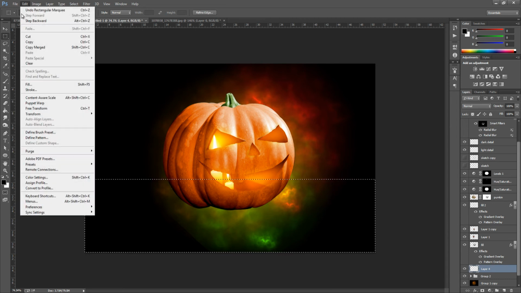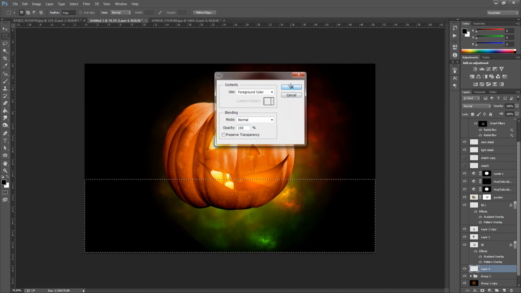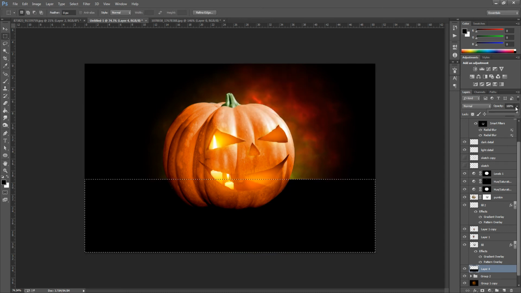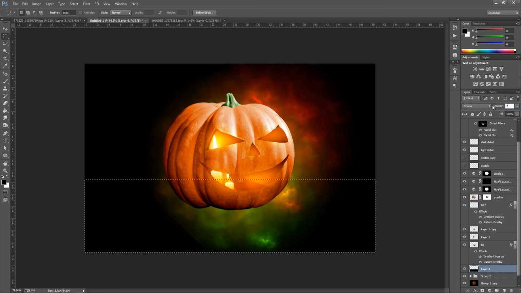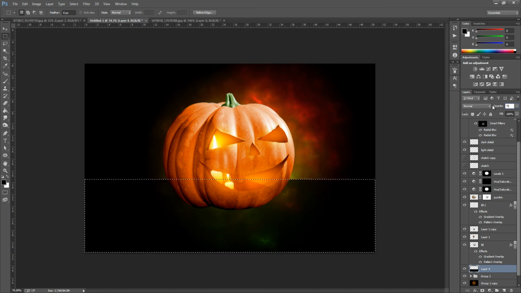and we're going to fill this with black like that, and we're going to bring the opacity down to around about 75%, and then Control and D or Command and D to deselect. And then we have its platform already that it's sitting on, so we can really play around with the shadows now. So that's the next step.